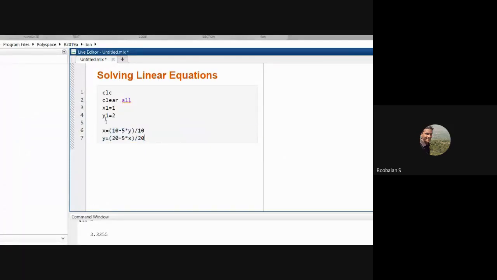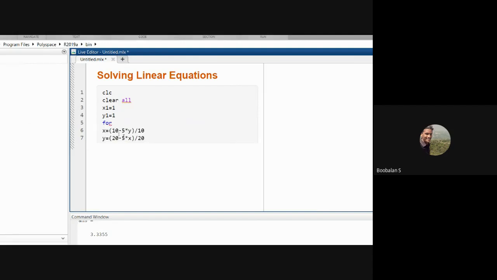So in the two equations we have assumed the initial variables x1 and y1, and we are going to use these values over here initially. In the two expressions, we need to have them continuously evaluated. So for that purpose we are going to use a for loop, right? Continuously it needs to work, it's going to be repeated. How many times, that we are going to decide.